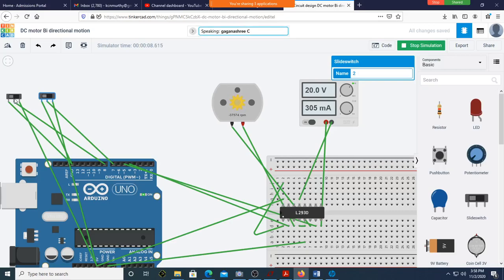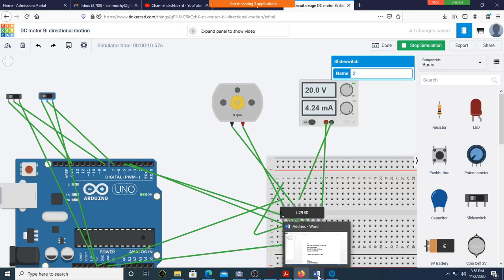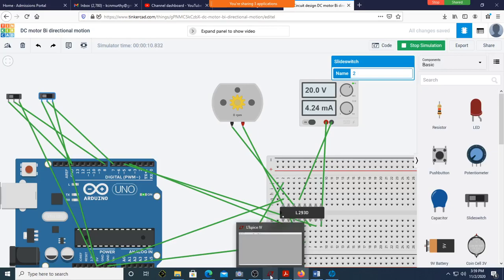So this is the usage of the L293D IC. Using L293D IC, you can drive 4 motors in one direction, or you can run 2 motors bidirectionally. Correct? Okay, that is for the day. Ask some questions on L293D. It is one of the most widely used ICs for this type of motor control.